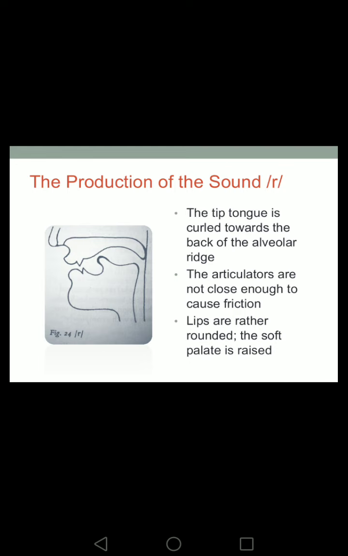نروح على the third gliding consonant واللي هو صوت شوفوا بنات حسب ما موجود بالصورة the soft palate is raised مثل حال كل الأصوات consonant الثانية ما عدا nasal consonants. Look at the shape of the tongue. The shape of the tongue. The tongue tip is curled toward the back of the alveolar ridge. شوفوا رأس اللسان the tongue tip